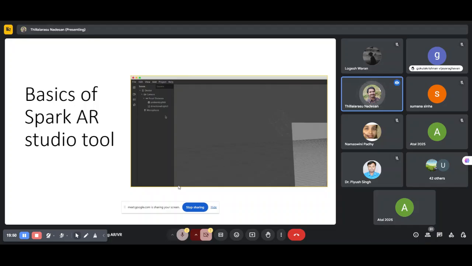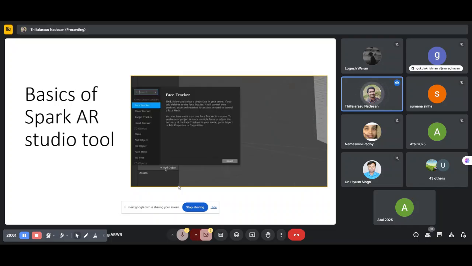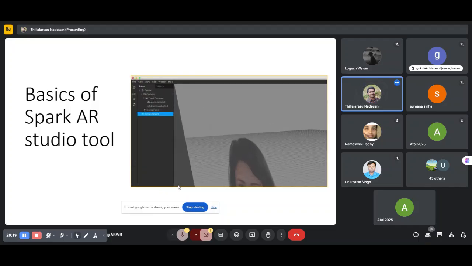Click Layers to create and configure layers. Layers are used to place objects in front of or behind each other. You can insert an object in two ways: either click the Add button in the menu bar or the Add Object button. There are many objects to make all kinds of effects. For example, the face tracker will detect the movement of someone's face, and the plane tracker will detect a real-world surface like a table. Insert a plane tracker. It's listed in the Scene panel.